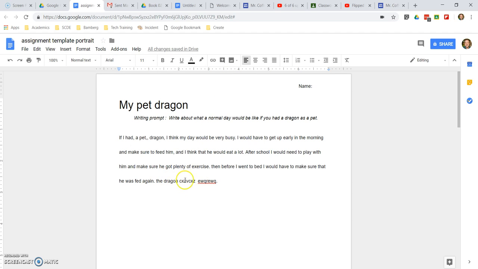And this one is showing up correctly spelled because I told it to ignore. If I come back and change it again, it'll show up as misspelled. So it only ignores it the first time you've typed it. So that's the basics of spell check. It's something that you can use every day. If you're familiar with Microsoft Word,